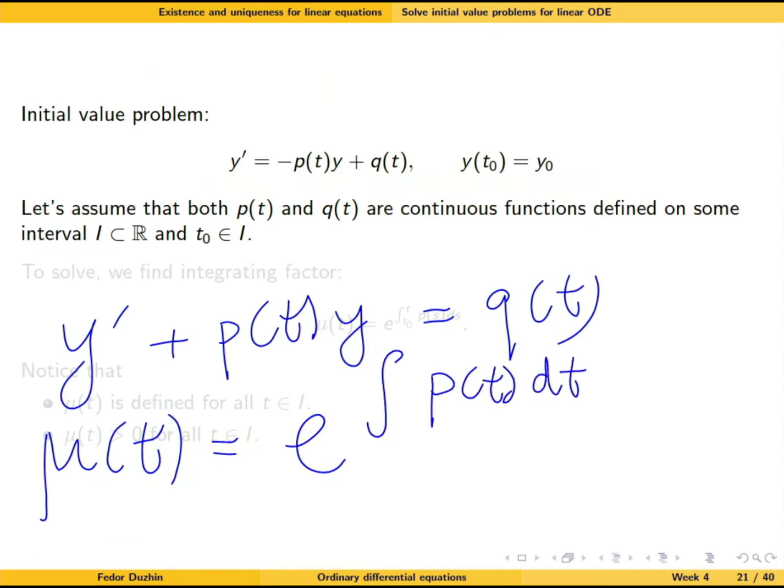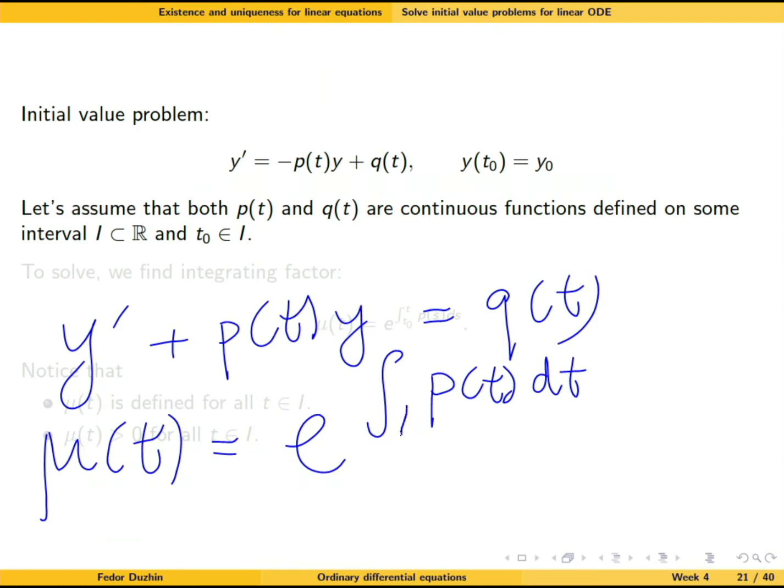Well, the antiderivative is defined up to adding a constant. But adding different constants is going to give us different integrating factors. But in the end, they all are going to lead us to the same general solution of the differential equation. So if we just want to solve the differential equation, it is enough to find just one integrating factor, just any specific integrating factor. Which means that rather than writing down all possible antiderivatives, we can compute any particular